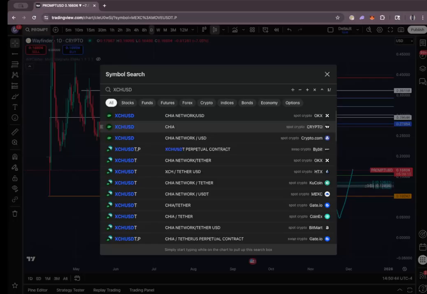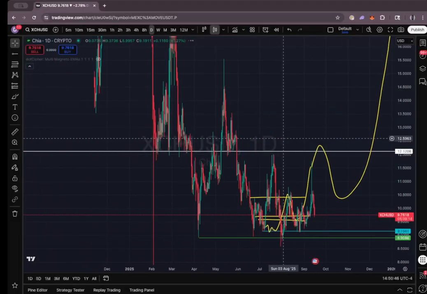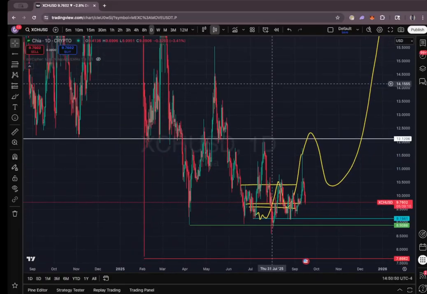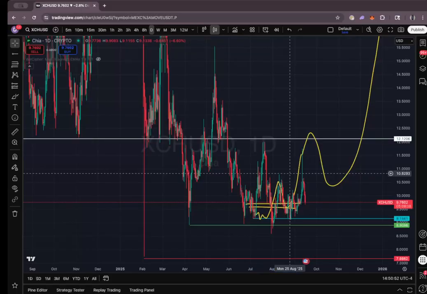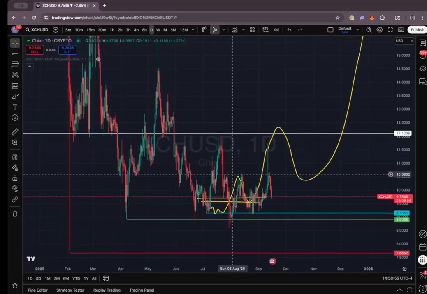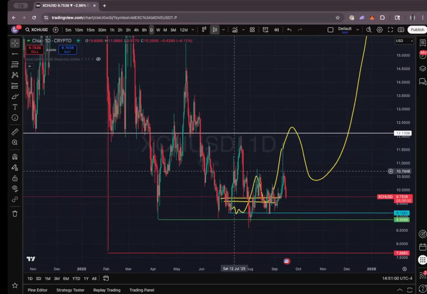So let's do Chia. Every time I see Chia or hear Chia, I think cha-ching, because this is like an ATM machine for me. I have literally scalped this 3 or 4 times.